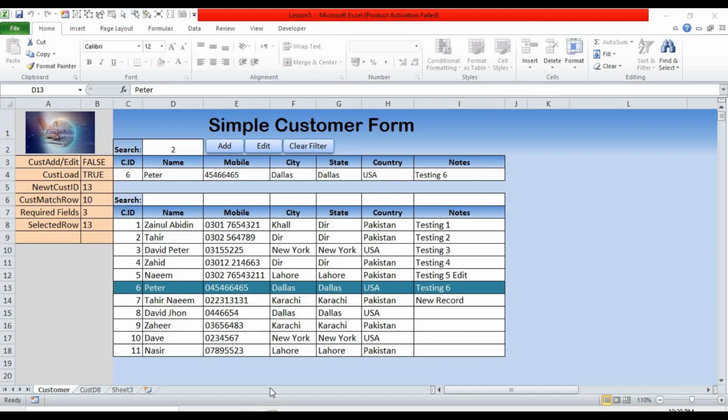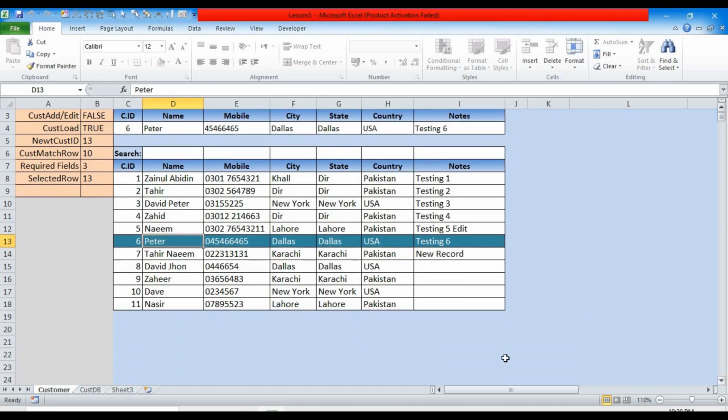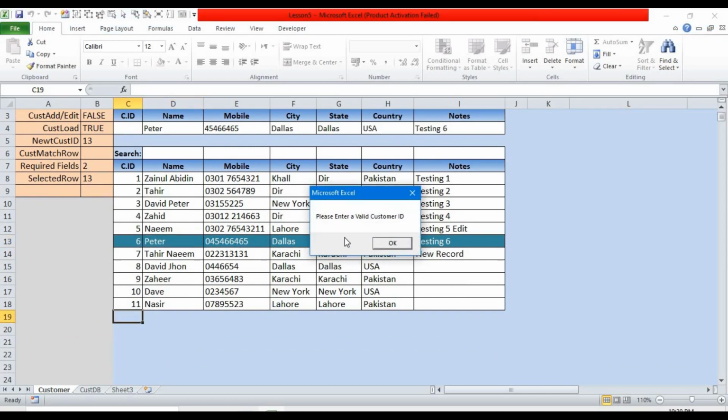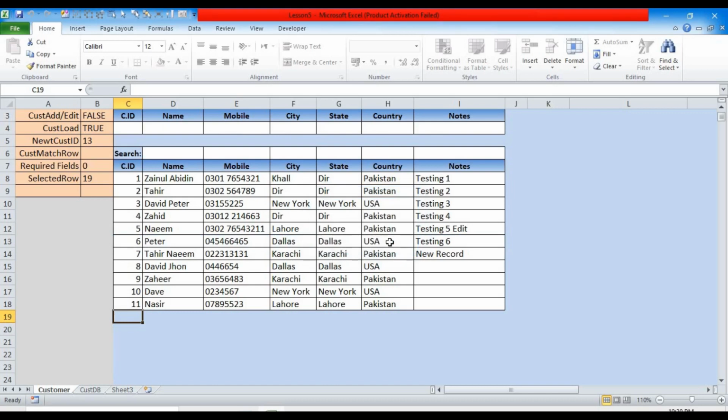What if a customer selects a row that does not have data but is within the range? Let's see. For example, if I select this row number 19, it will give me a message, please enter a valid customer ID. Because we have not used any criteria, so to stop the code from executing, we will use a criteria. Let's go to our Visual Basic, Alt F11,